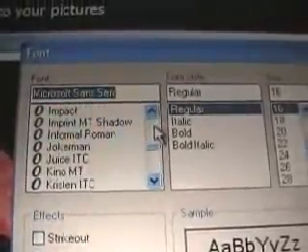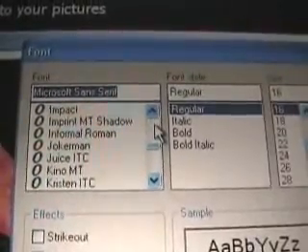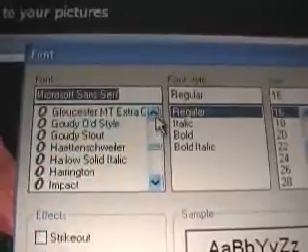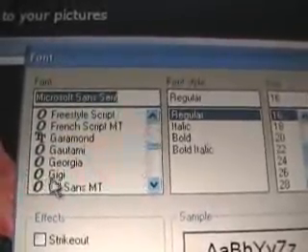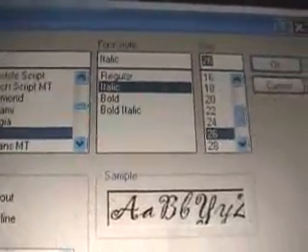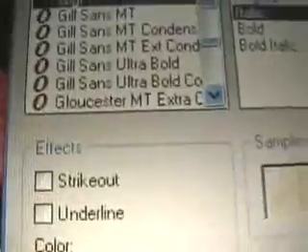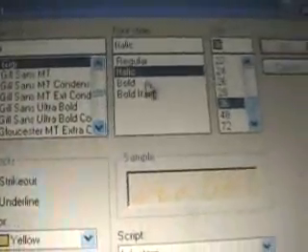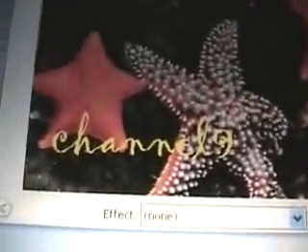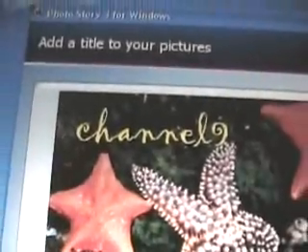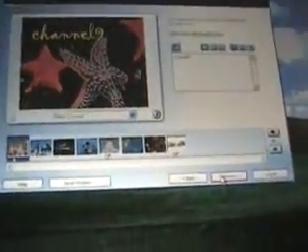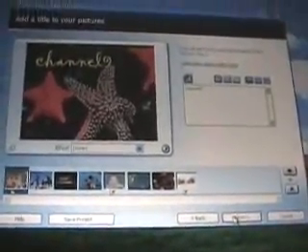Any TrueType font on your system we can use, and then you can do your usual things with colors, and you can position it. Well, let's put it to bold. Yeah, that's cool. Okay. So essentially with adding these captions, you can insert